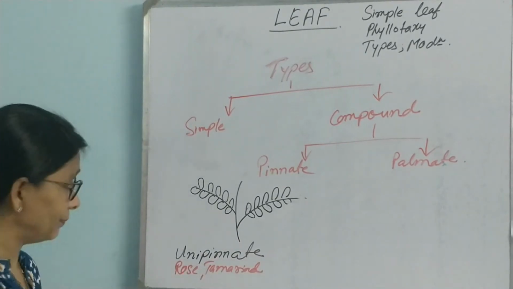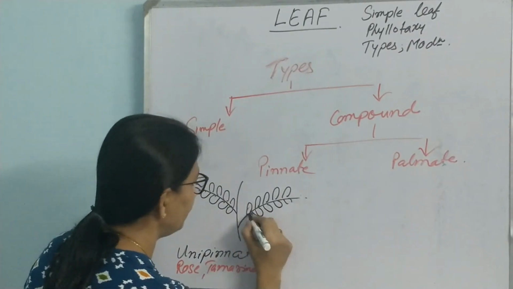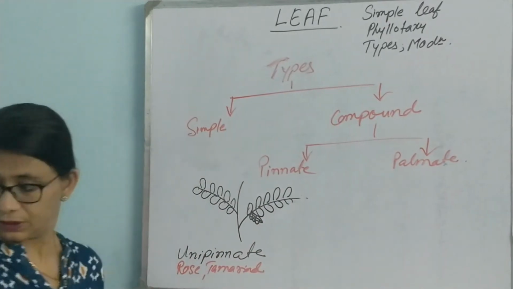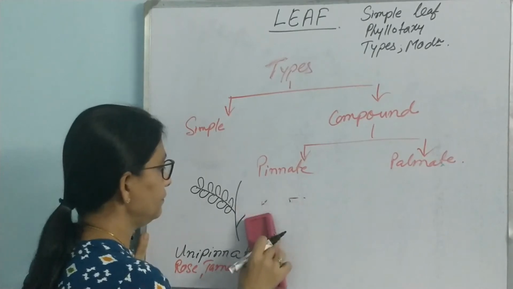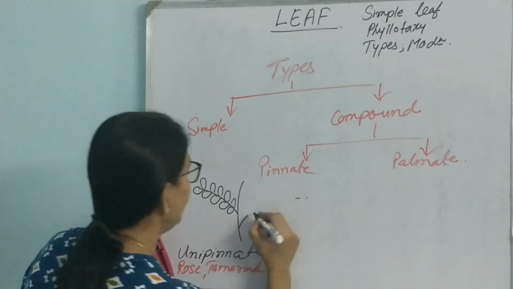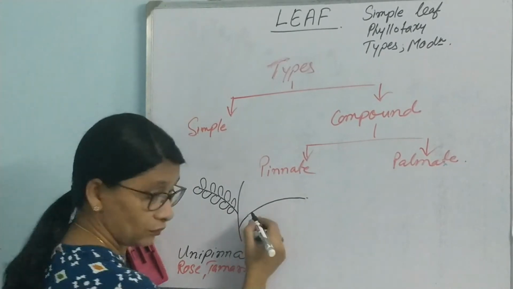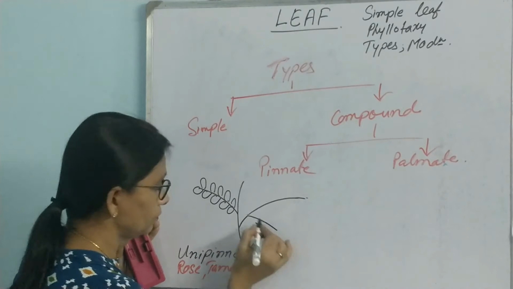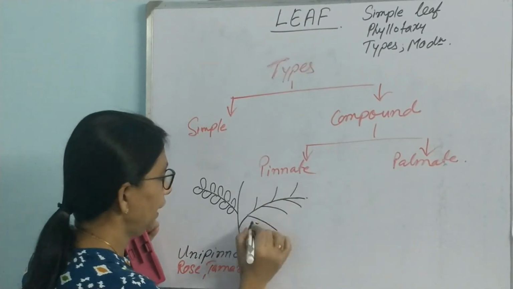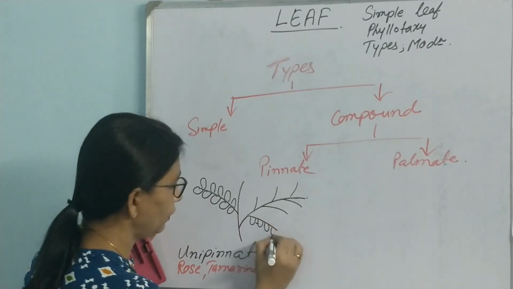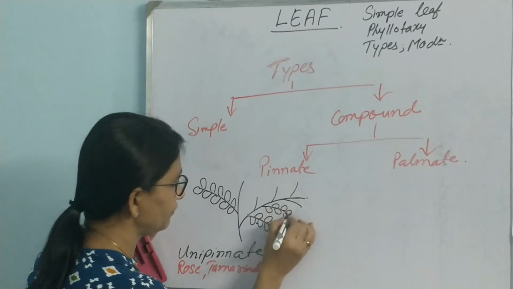Now sometimes it so happens, like say this is a leaflet. This leaflet is again divided into small leaves. So the structure will be something like this. This is the petiole, this is the rachis, the further part is rachis. Now these were leaflets. Now this is another branch, sub-branch. These are sub-branches. And here we have small leaflets like this on second branching. This is second order branching.